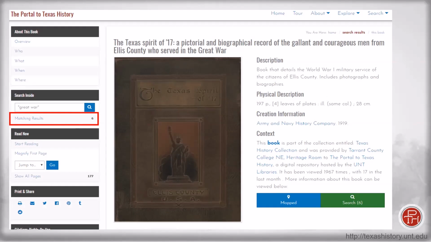There is also matching results just under that. You can see that's highlighted in the red box on your right under the search inside. And then there's also a green box that says 6 results. And when you move into this item, I apologize for